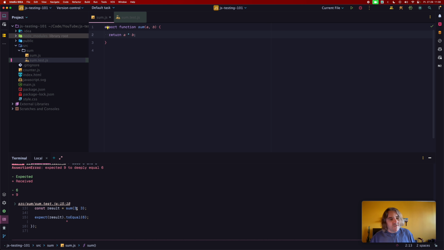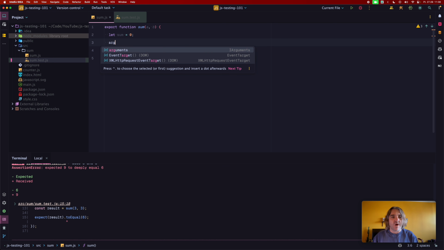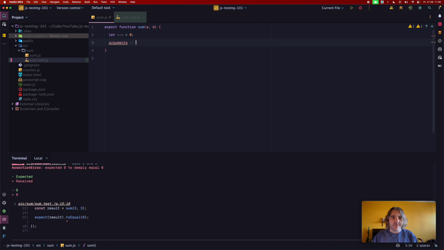So obviously, but we can refactor this because let's say we want this to be more complex because we like to show off, right? So we can say that, okay, I will take, because this is a full function, right? So it has an arguments variable available inside. And we can go through every element in there and sum it up. So let's try to do this. Let sum equals 0, and arguments are in a form of object. So arguments are like,